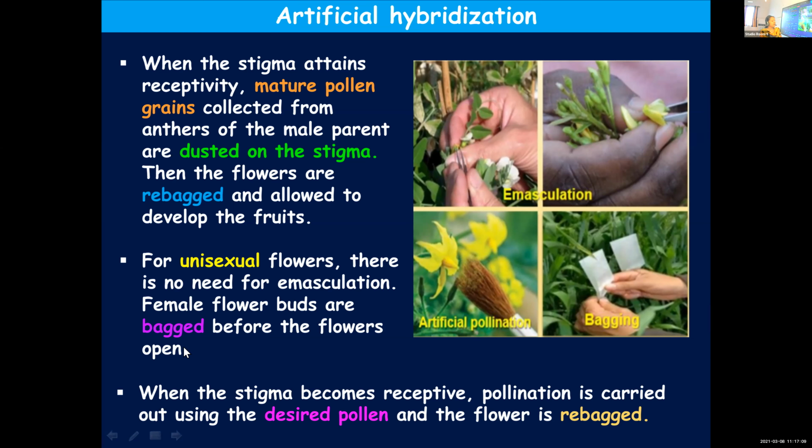So here you can see in the figure, the first two figures show removal of pollen, then dusting of pollen grains on the stigma, and then it is being covered with butter paper bags. And one more step will be carried out, tagging. A tag or a name card along with all the details of the flowers, the date when it was done, and which are the male and female flowers, with all the details. A tag also will be kept attached to the plant. So emasculation, bagging and tagging.